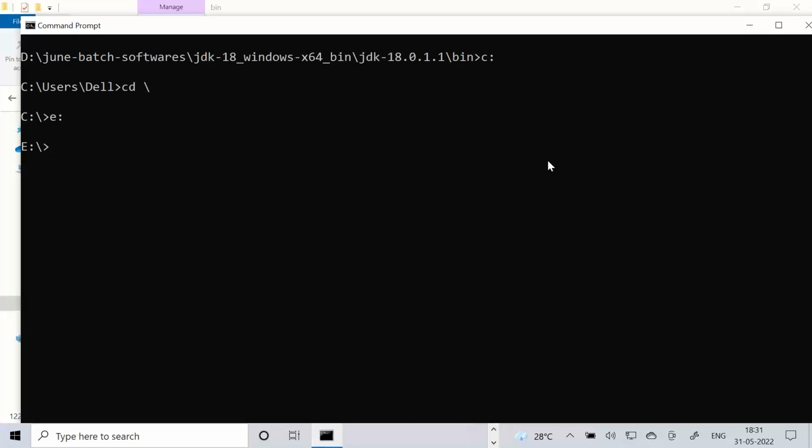So that can be done in multiple ways. Let us see the first way, how we can specify our commands' locations to the command prompt by using the path environment variable. Please observe, follow me everybody.